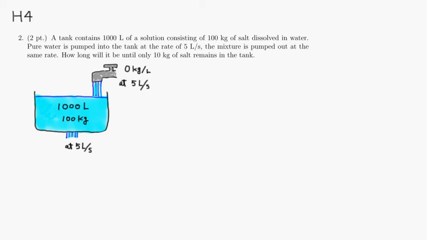All right, let's look at homework number 4, problem number 2. This is a water tank problem. The tank contains 1,000 liters of solution, which contains 100 kilograms of salt already. Then you pour pure water, so 0 kilograms per liter, at the rate of 5 liters per second. Then the mixture is pumped out at the same rate, which means that the amount of water in the